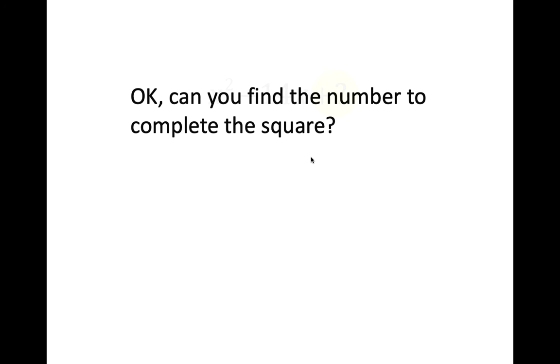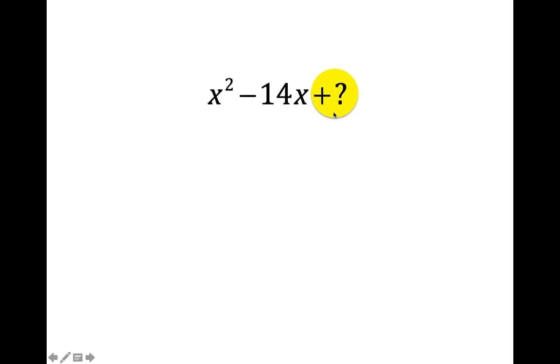So the pattern or the formula that we use is b divided by 2 squared. So let's try a couple more and see if you can find the number to complete the square. All right, so with this one, we take the b divided by 2, which is -7, and square it. That's 49. And if we think about where this came from, this would have been x minus 7 squared. This one divided by 2 and squaring, we're going to add 81, and this one would be x plus 9